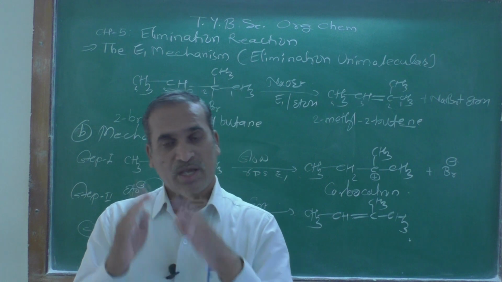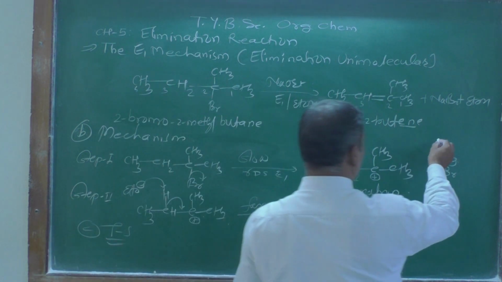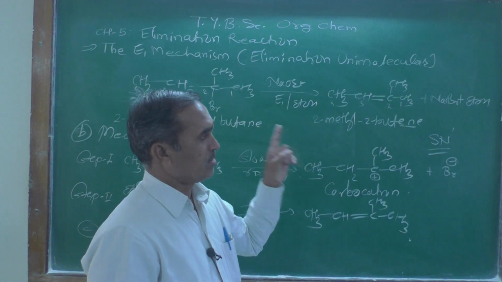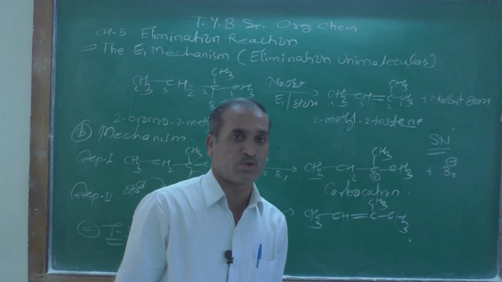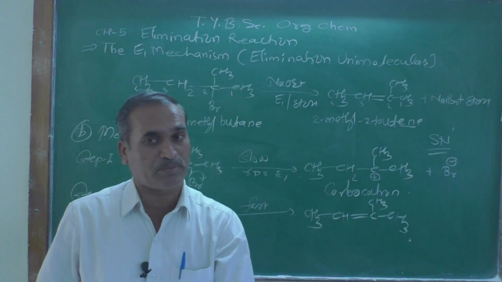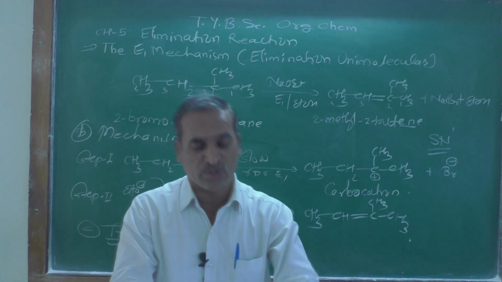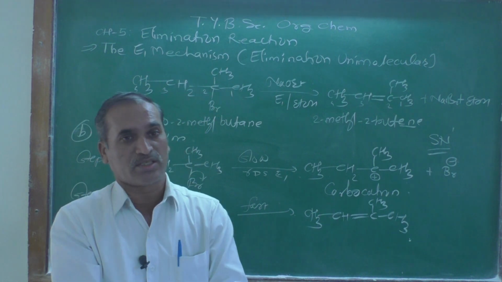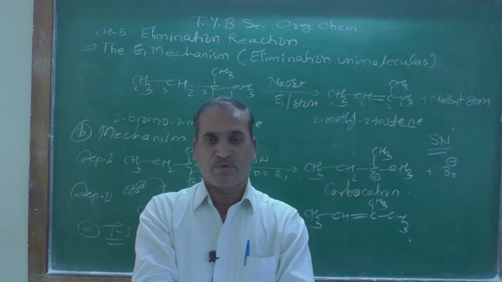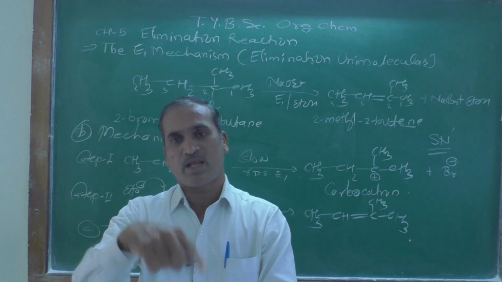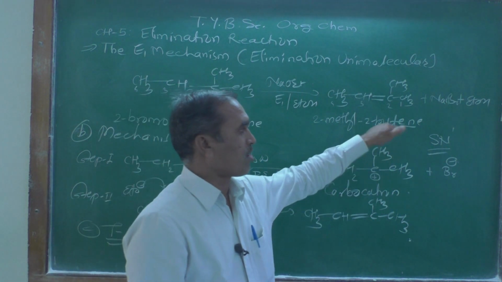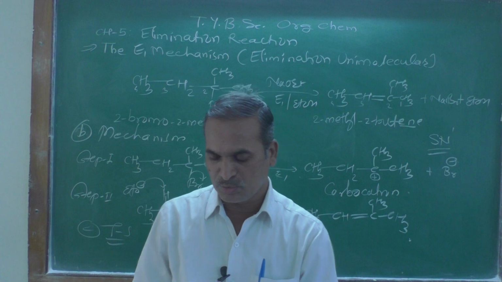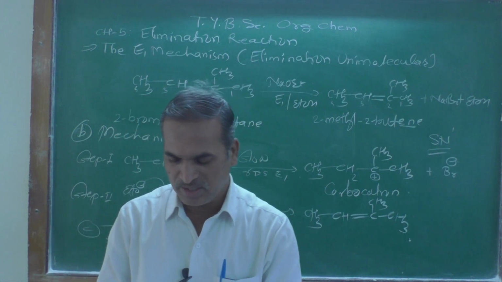SN1. While studying the SN1 reaction, we know that in the first step the carbocation is formed, and in the second step the nucleophile attacks this carbocation, and the resulting product is called a nucleophilic substitution reaction, similar to SN1. As we know, SN1 is a two-step reaction, because in the first step there is formation of the carbocation, and in the second step there is attack of the nucleophile, and the resulting compound is obtained as a nucleophilic substitution product. So this is one of the things that is happening.